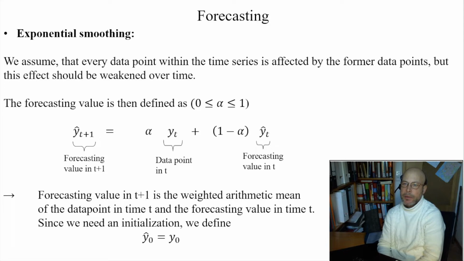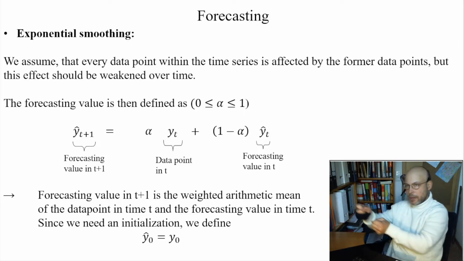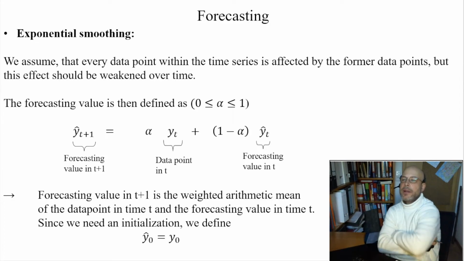We can use another method which is called exponential smoothing. And yeah, this is maybe some generalization of moving averages, because now we say that we are creating more or less always also this historical time series by smoothing,